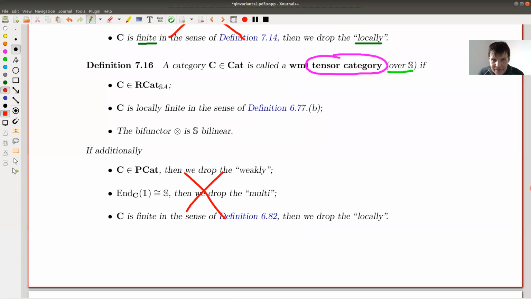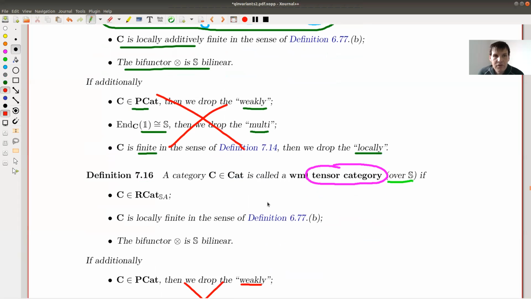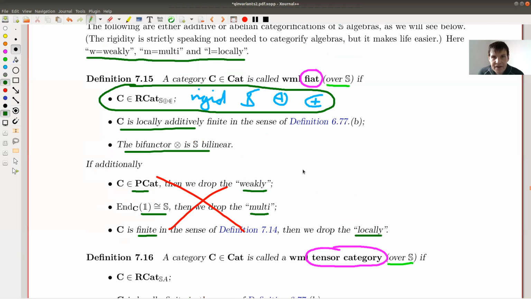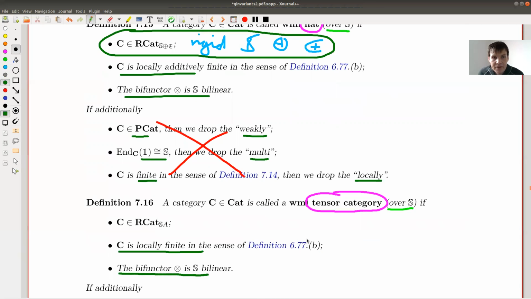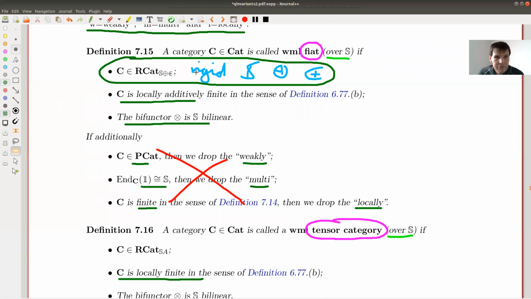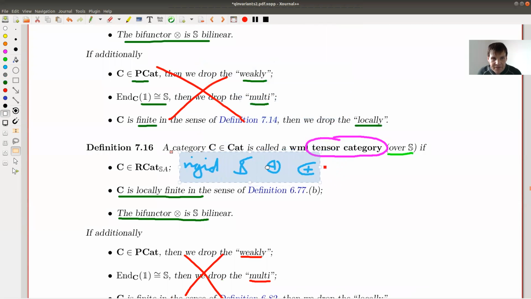Similarly here, it will exactly be the same. I will drop some weakly and so on. But let's ignore that and let's focus on the differences. Because here we'll also have some finiteness conditions. I would ask the functor to be linear. So we have Fiat tensor, so far it looks the same. And I would ask everything like this. I would ask it to be rigid.